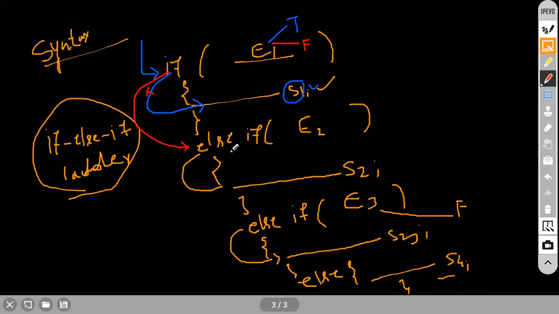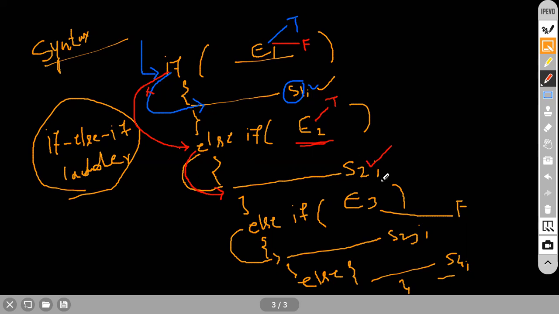Here also an else part is there. Again, the control moves here. Again, there is one more condition, an if condition. Here also we have an expression. If this expression is giving true, automatically it will enter into the S2 body. We have a statement S2, right? S2 belongs to this particular body, the expression 2 body. So it will enter into the if expression 2 body and execute S2.